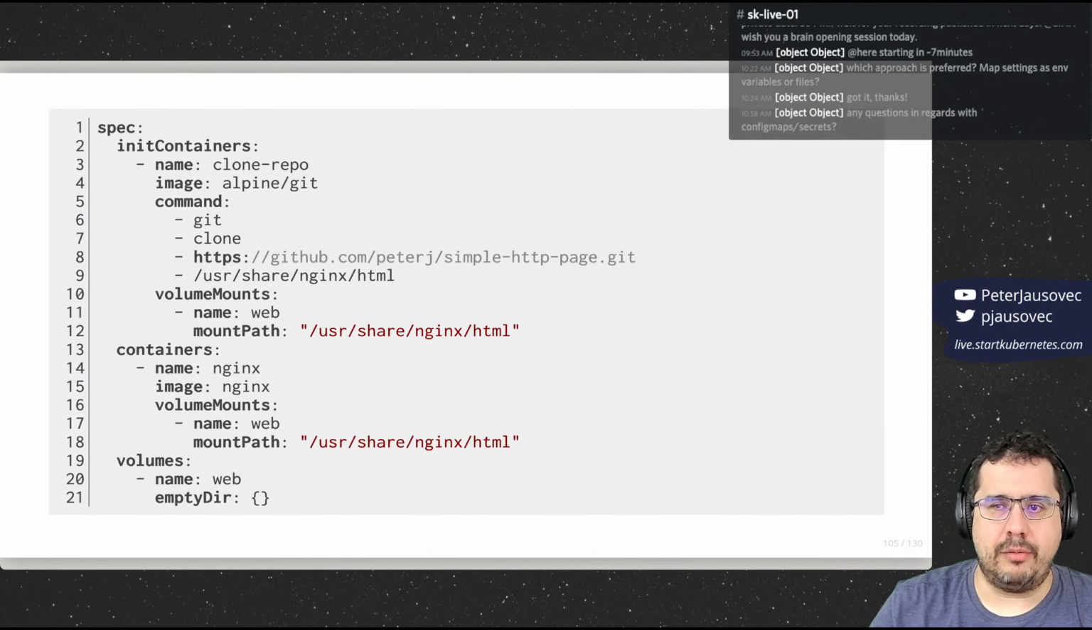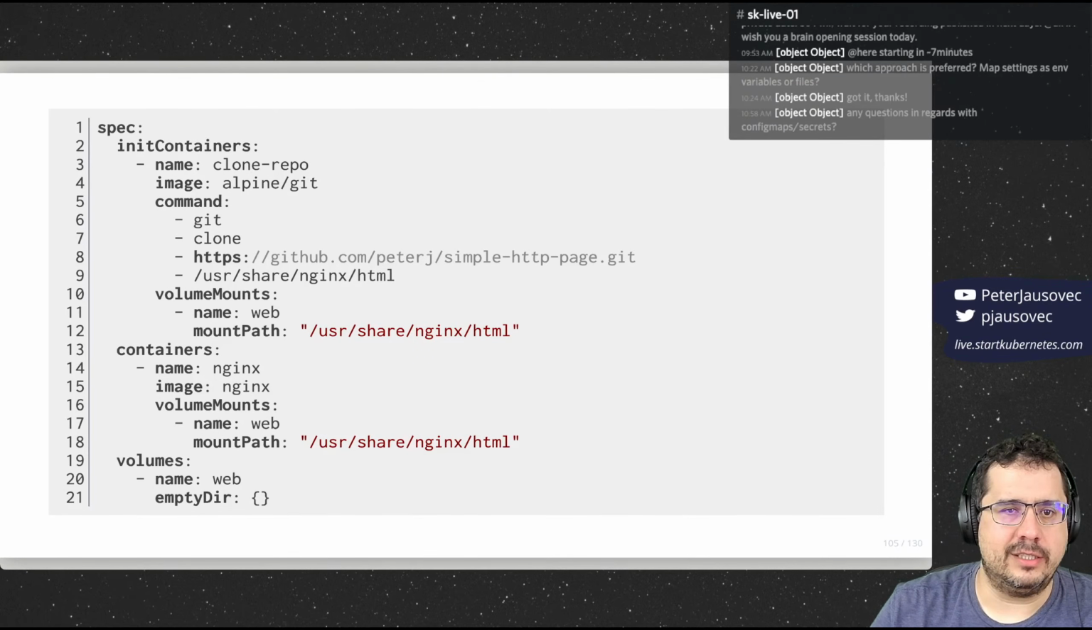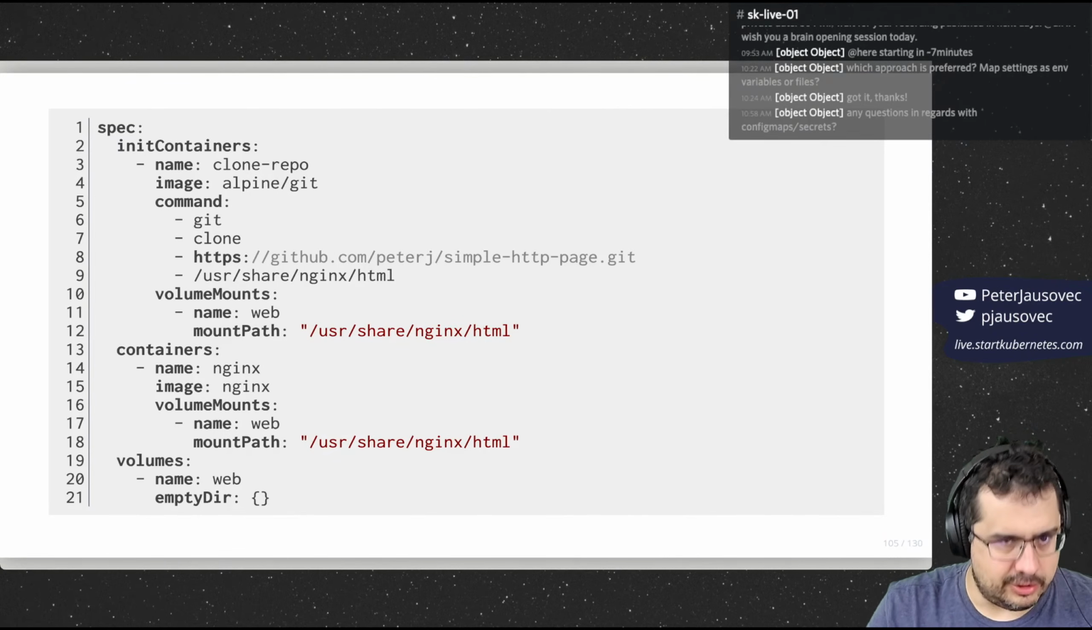And in this example, what we're doing is we're using an init container. Notice line 2, the field is called initContainers. You can have more, it's an array. So what we're doing here is we are creating a container called clone repo that uses the Alpine Git image. And within that image, we are running a git clone command. So we're cloning that specific GitHub URL to a folder, share nginx HTML folder. And then we're also, line 19, we're jumping a little bit,